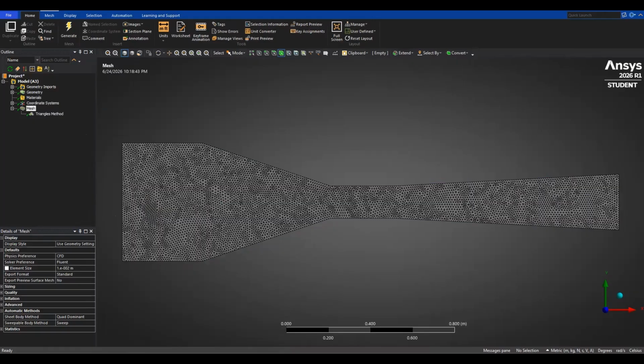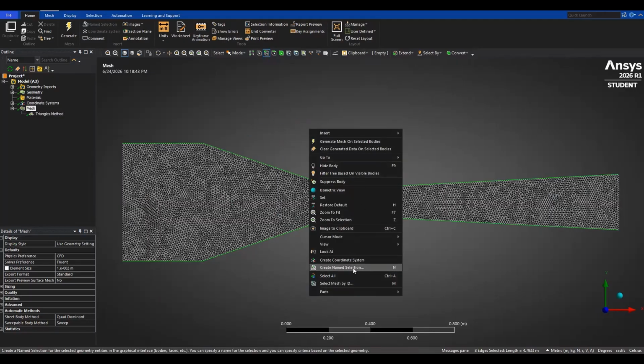All right. So now we're going to select our edges for the boundary. We want to go to our edge control up here. And then you're going to have to shift click. So shift click, and then shift click, and shift click. You're going to have to let up on the shift button every time you do that. It's a little bit of a pain. I'm sure there's an easier way to do it. And then from there, you can right click and go down to create named selection, or hit the letter N